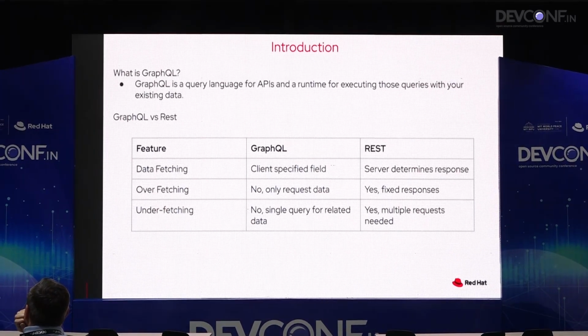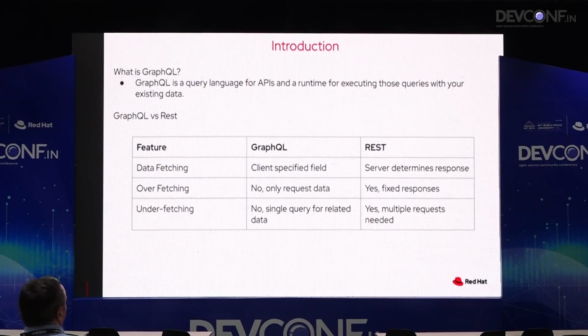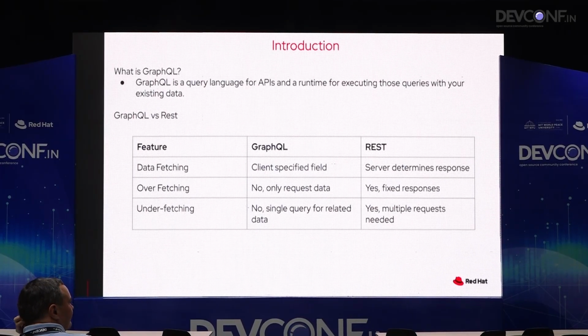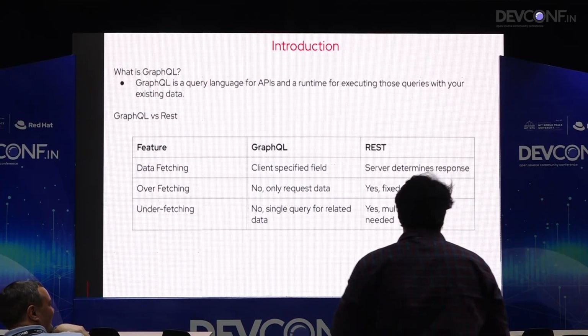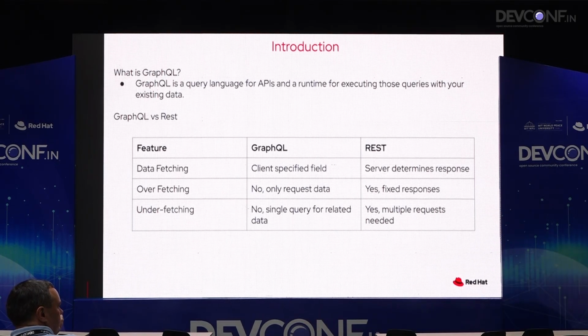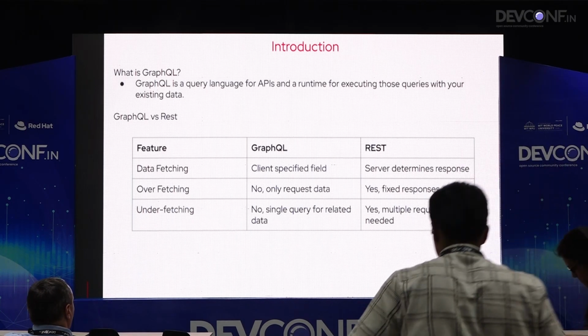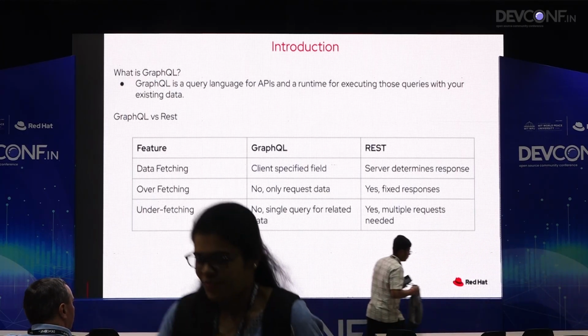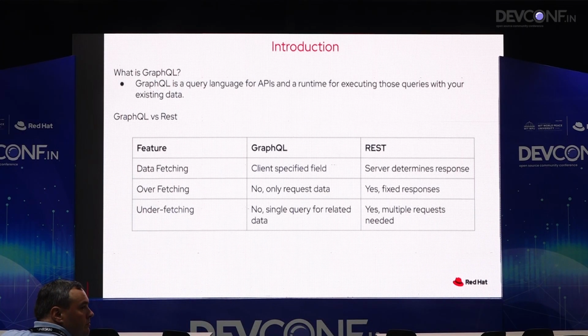In the field of data fetching, what GraphQL provides the user is the power of specifying the fields they want and choosing the response of only the fields they need, rather than REST, in which the server determines the responses and the users don't have the power to query what they want. REST APIs generally also have the problem of overfetching. What it means is that the data provided by the server is generally more than what you need. That's something GraphQL specifically solves, because GraphQL lets the users define what they want rather than having server-determined responses.